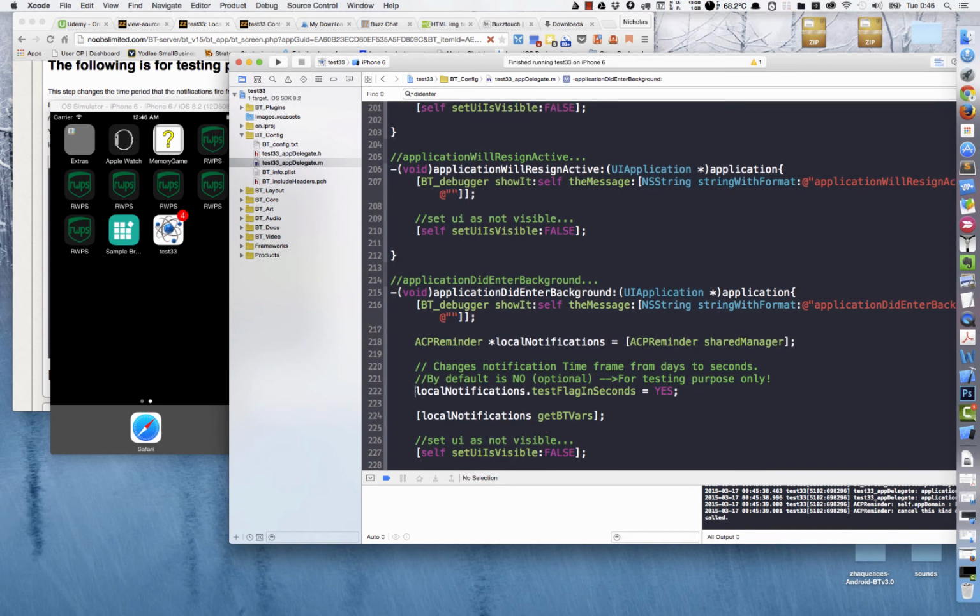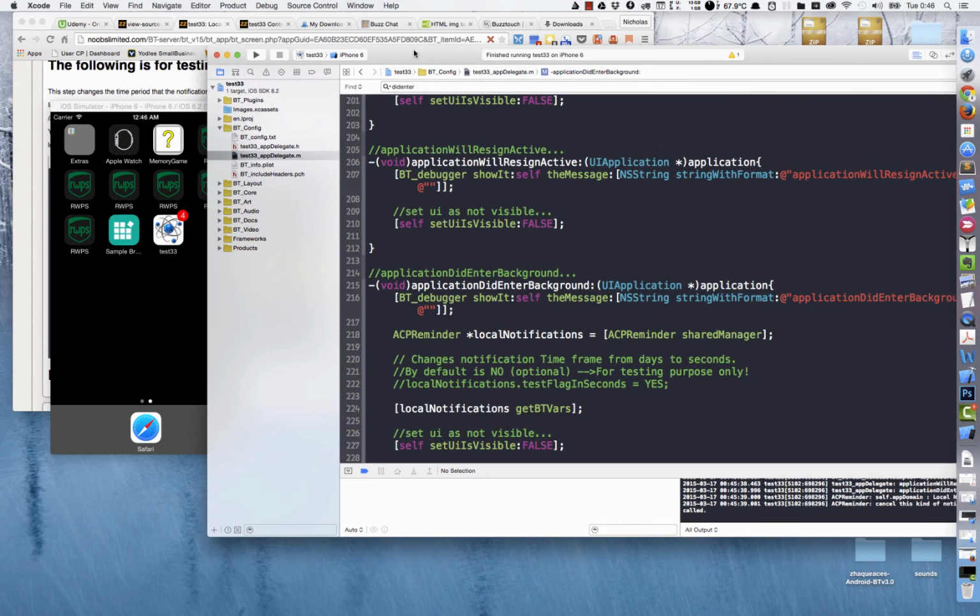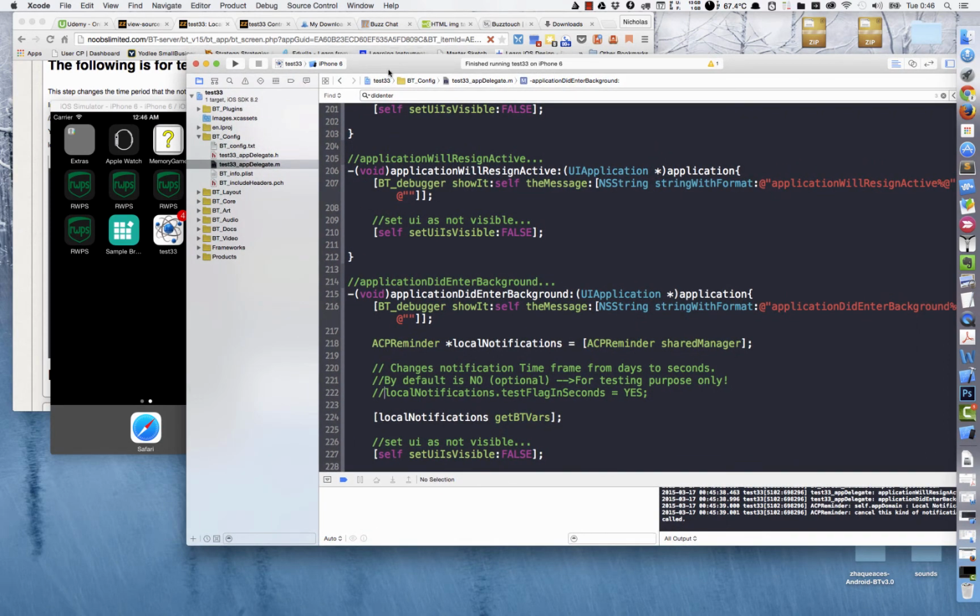So what I want to do is come back into the project and comment out this line, local notifications.test flag in seconds equals yes. The default is set to no, and what that'll do is set it to where it'll run those notifications after a set number of days instead of seconds. So if I run that again,